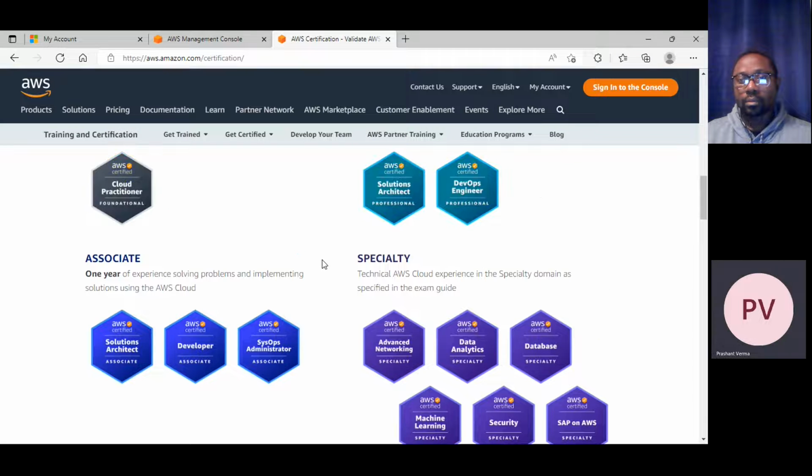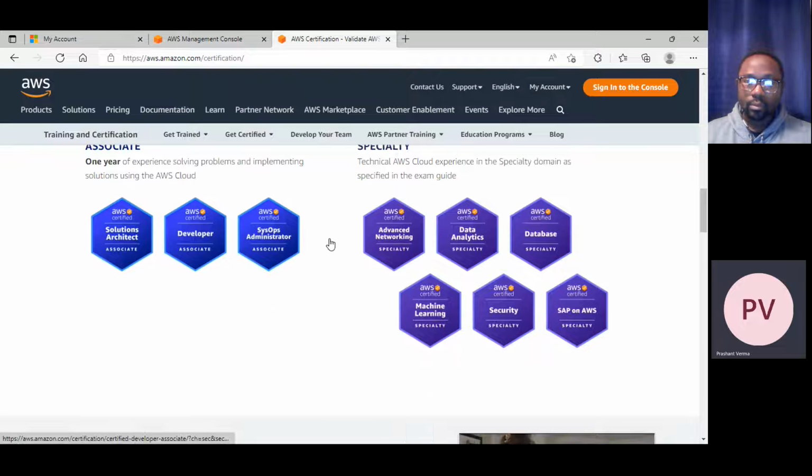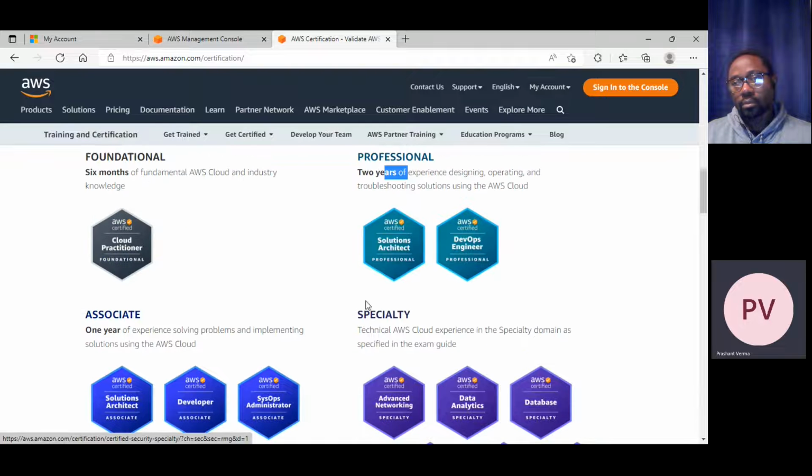After this, it is not necessary to go for Solution Architect Professional. For the future, you can go into a particular field as well. Maybe you can go for security, because security is in high demand. With cloud security, you will get a lot of jobs. Suppose you are good in development, you can go for the DevOps certification.